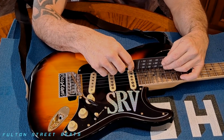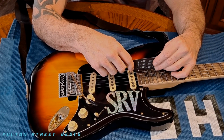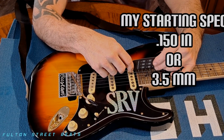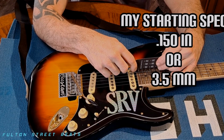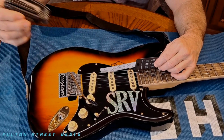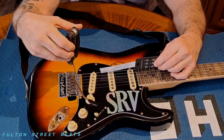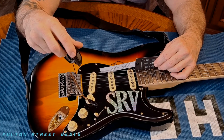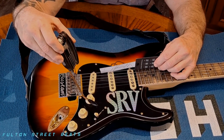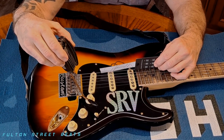So I'm going to check my action here, and it is by spec just a touch low. So I'm going to raise the action on this one just a little bit. And I do have a bit of fret buzz, but not a lot. And I'm just going to go down through and make sure the action is set